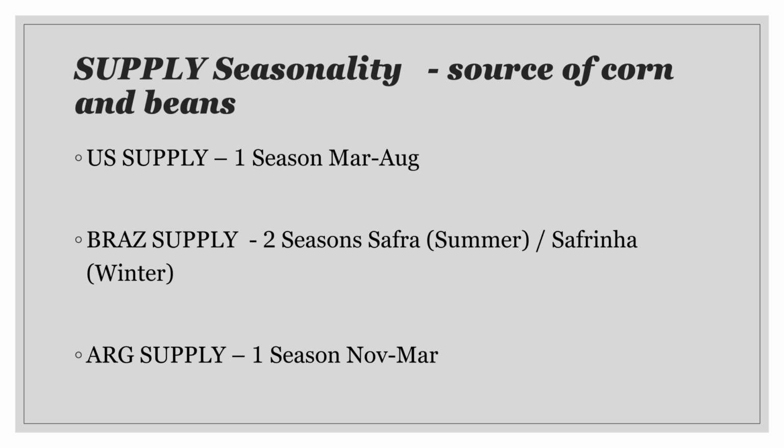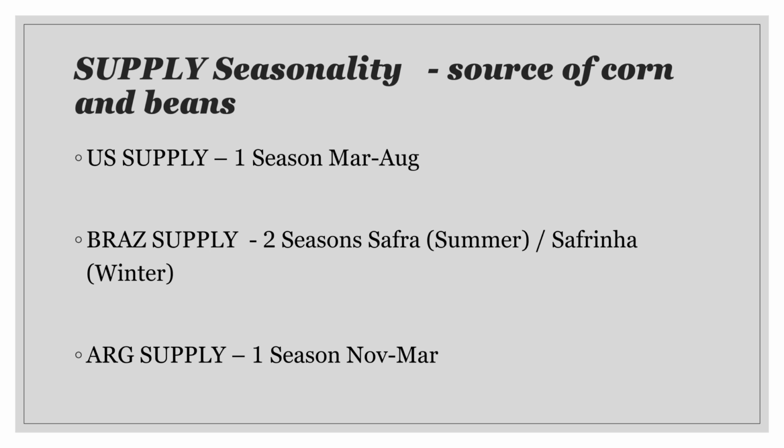July and August. For Brazil, there are two seasons: the summer crop and the winter crop. The summer crop is mainly beans and corn, but the corn in the summer crop is mainly for domestic consumption, whereas the winter crop, which is what they are planting right now, although planting has been delayed because of too much rain in Mato Grosso in central Brazil, is for export. That export takes place from July onwards,